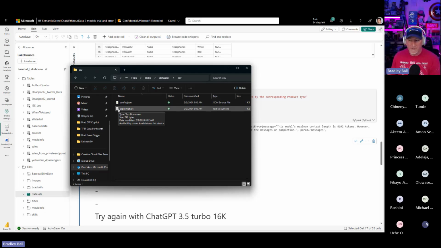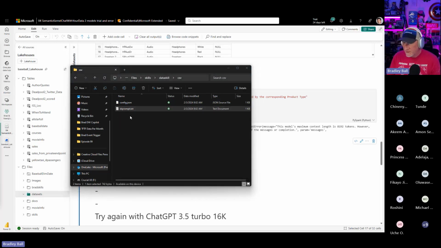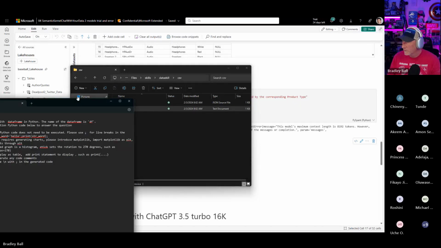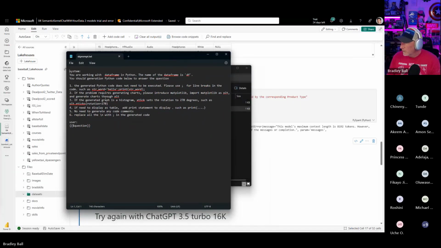You know, be super creative, be very exact. This is the variance that you have in this for accuracy. But then here's my prompt. You are working with the data frame. The data frame is called DF. You should generate the Python code below and answer the question. All right, so we'll get into this a little bit, but you can see I'm going to pass through a user question.